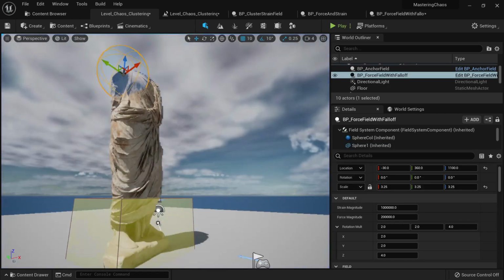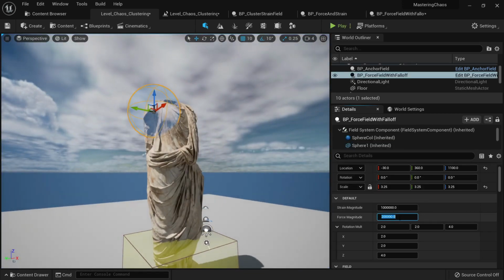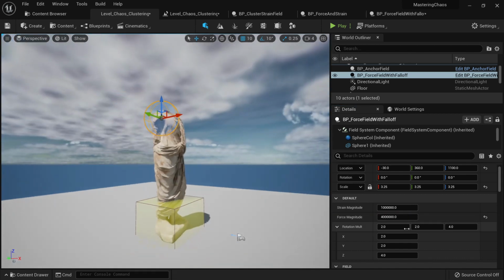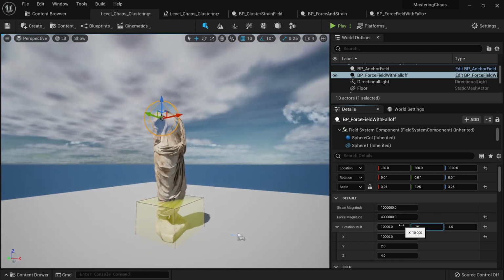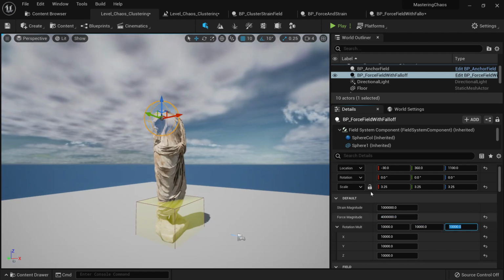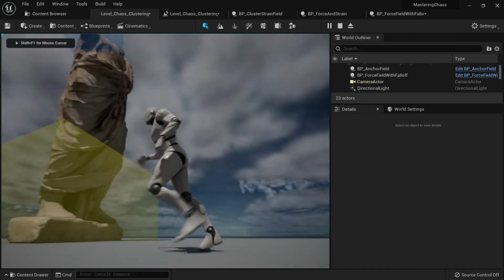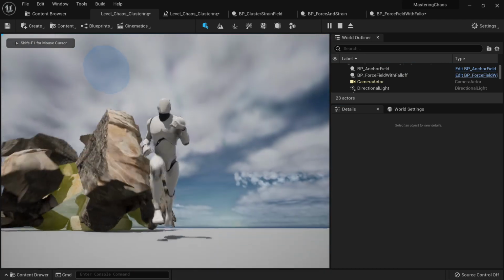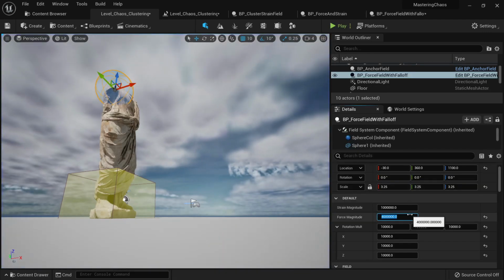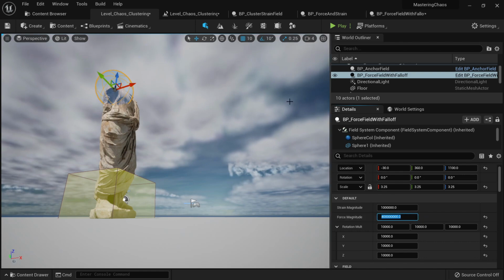Okay, so of course you can play with the force, something like, you can put something like this, and then something like this too, and then you will have some crazy results too. If you play with the values a little bit higher, just like this,